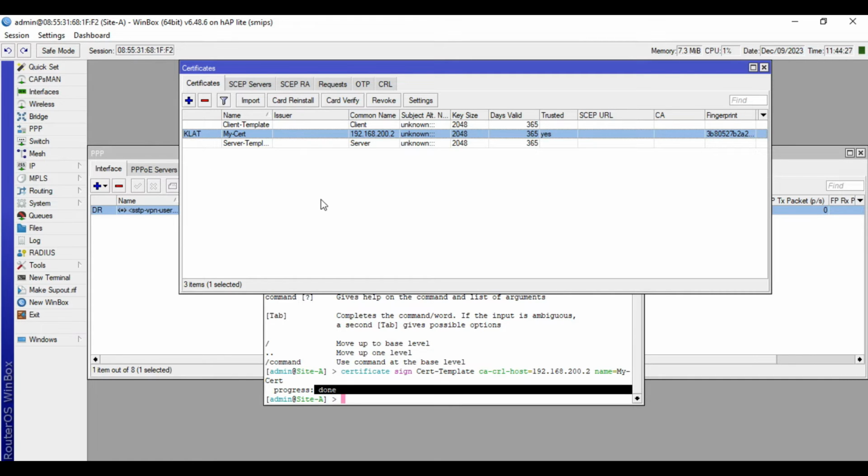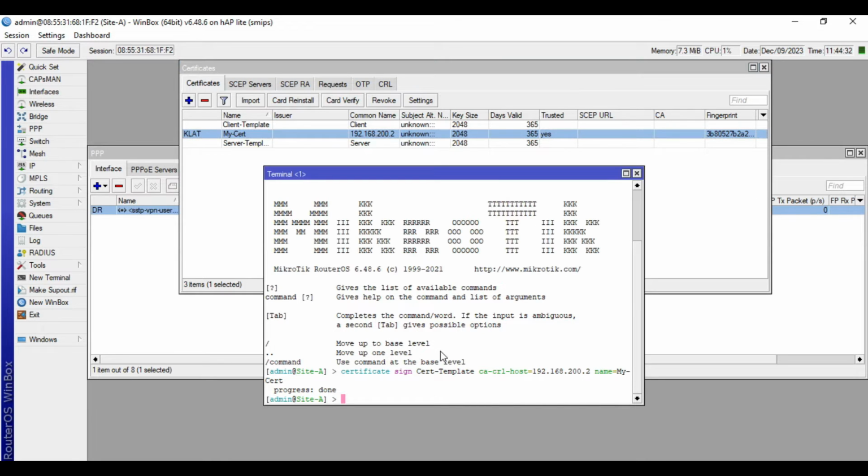Let's do the same process for the server certificate. Let's go back to the terminal. Certificate, sign, then the name of the certificate. So it's server-template, CA-CRL host. It's wrong.